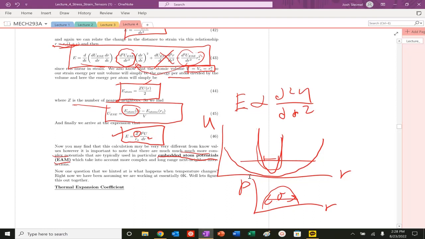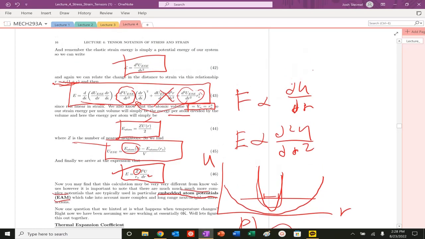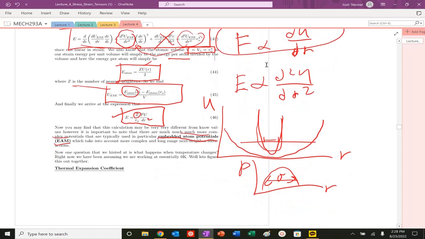So amazing, right? Force is basically proportional to our du dr. So force comes from this. We can take the derivative of this, set it equal to 0, and we'll find r is equal to r naught, our equilibrium distance. So those potentials tell you equilibrium distance. It tells you where force is maximized. It can also tell you about your Young's modulus too. So everything is in your potential information. You all have great potential.